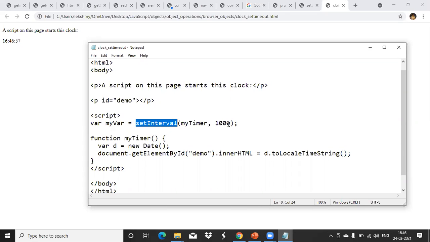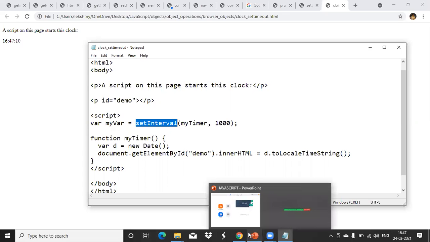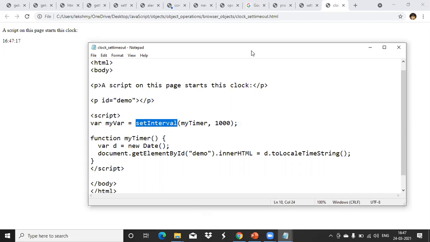Any doubt in this thing? Clear? Clear for everyone?